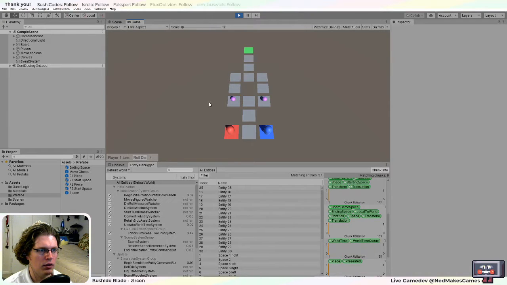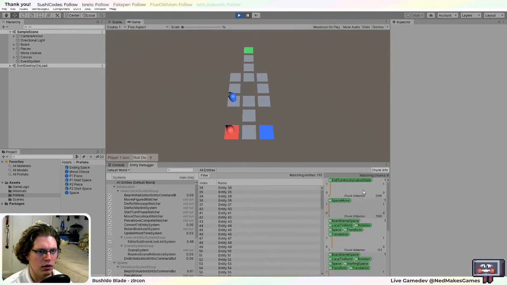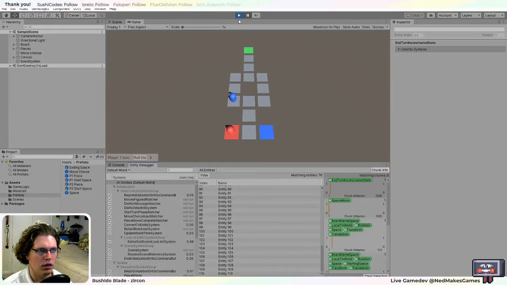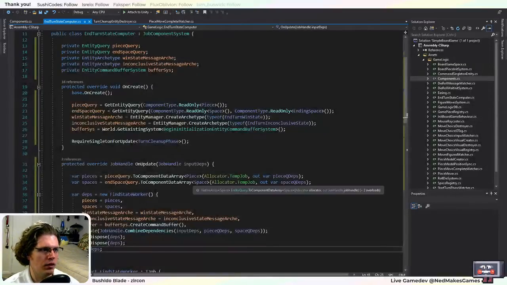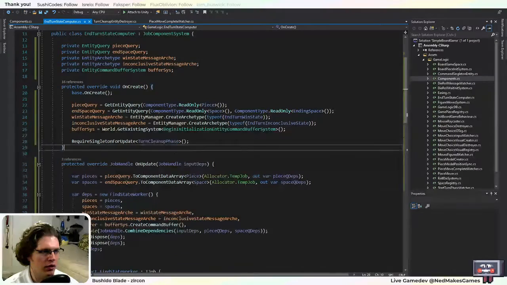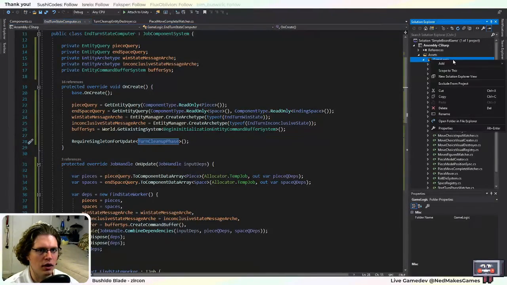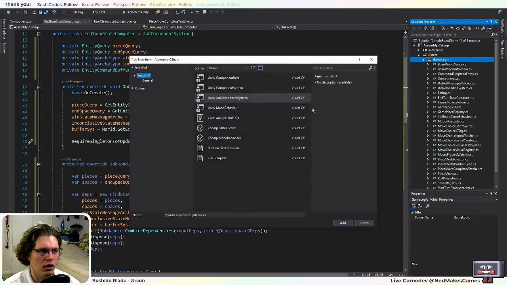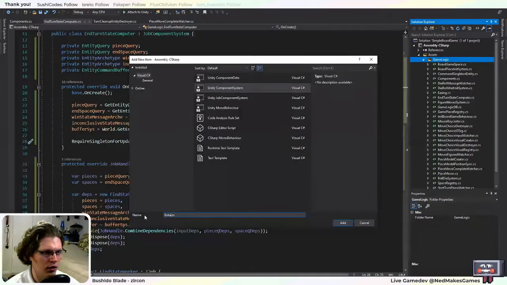Okay, so gotta roll the dice. Okay, so it's creating messages, or, yeah, a message every frame, but it is the correct state. And that's kind of what we expect because it's going to run as long as turn cleanup phase exists. So we need to have a system. Okay, let's check for inconclusive states first. So this will be end turn inconclusive